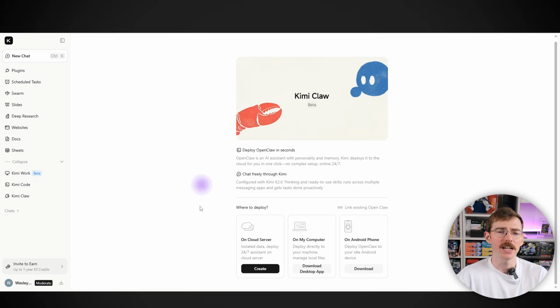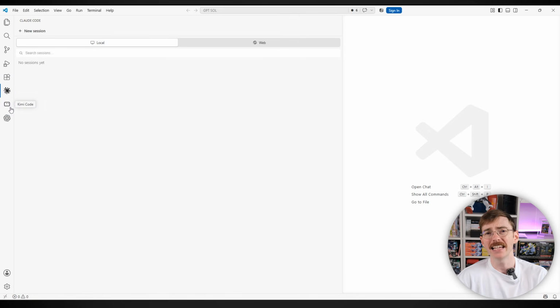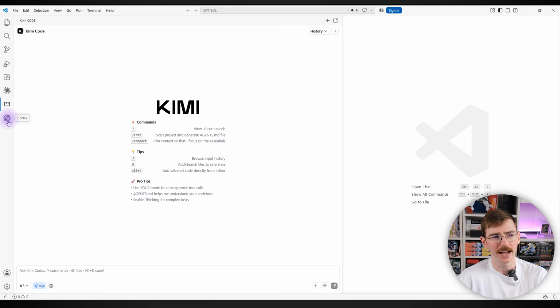If you're using Hermes or OpenClaw agents, if you're using AI agents like that, there's a native one-click solution that comes with Kimi, and you can put OpenClaw on your computer or in the cloud with a single click. It's pretty easy to set up. I've done it in the past, and honestly, it works pretty well. This is a pretty good agentic model, as we saw from the benchmark, when it comes to running things like OpenClaw. Now, of course, you can use all these models in the terminal if you like the CLI version. You can also use all of these models within the IDE, within VS Code or within Cursor, right? I use Kimi Code and I use Codex within VS Code all the time.